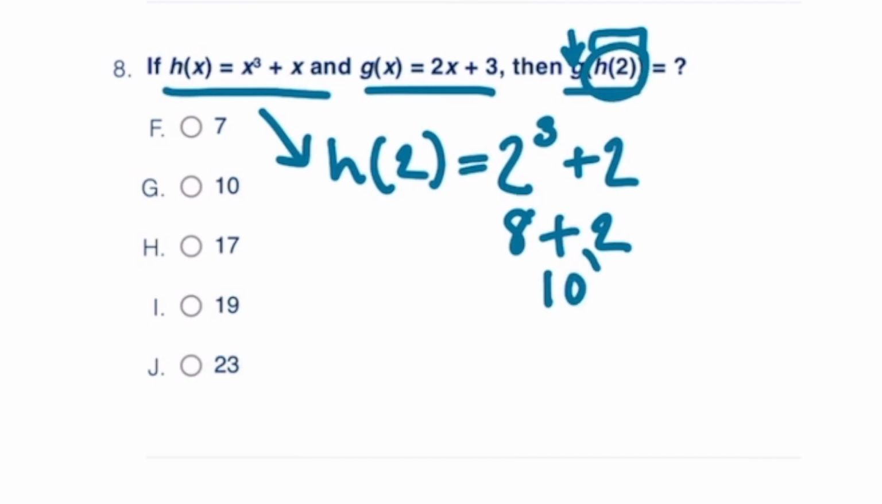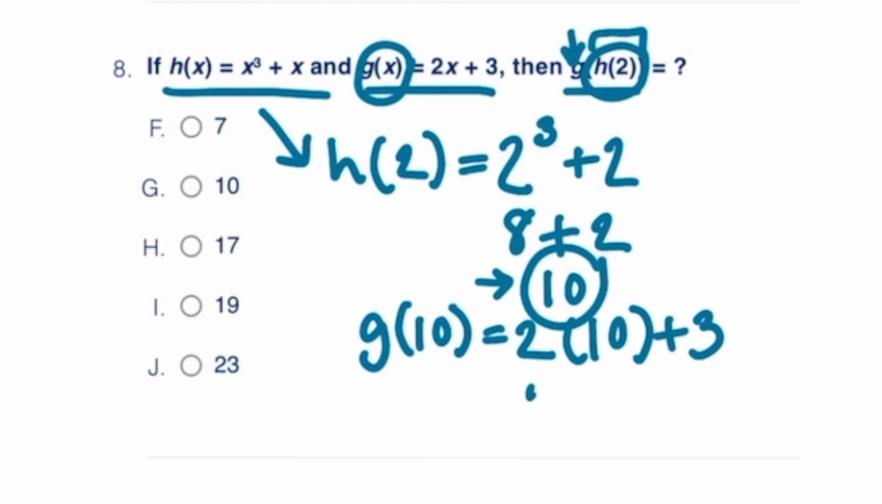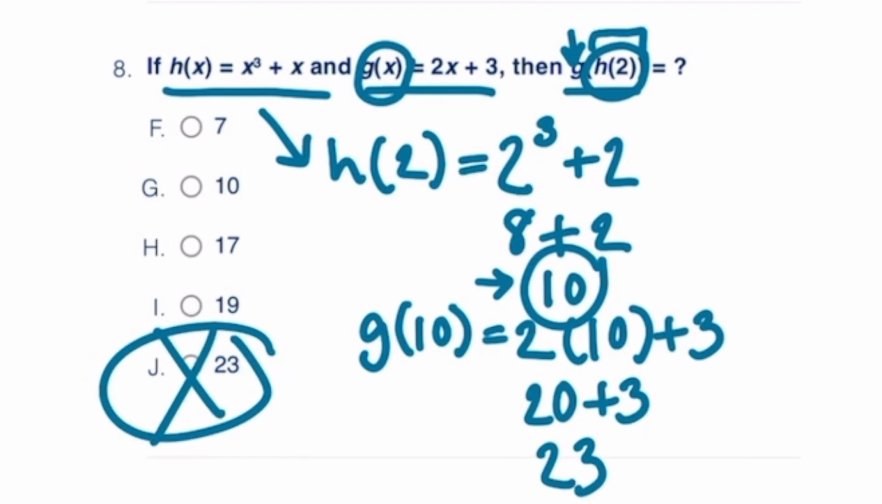So from there, we want to find g of 10. So then I'm going to go to that second equation there, and instead of x, I'm going to replace it with 10, just like I replaced my x with 2 before. So g of 10 is going to equal 2 times 10, which is 20, plus 3 gets me 23, option